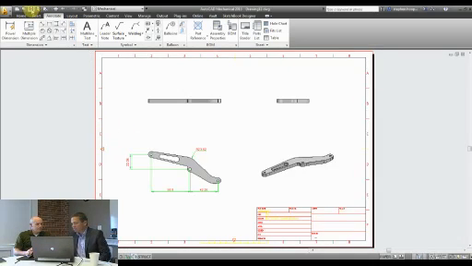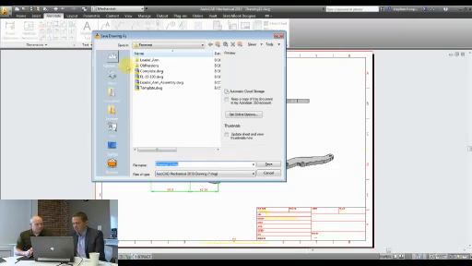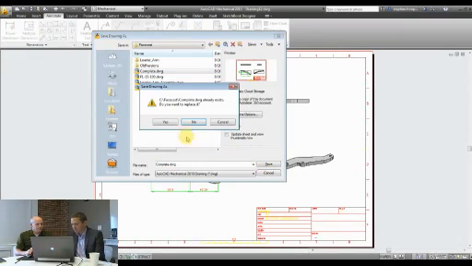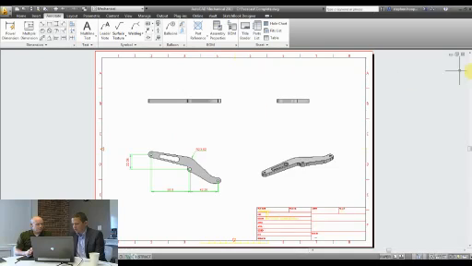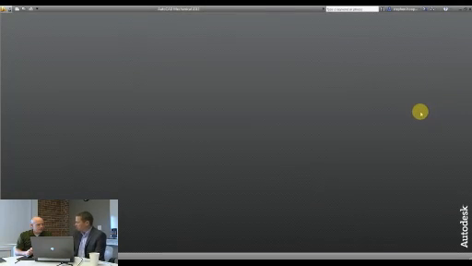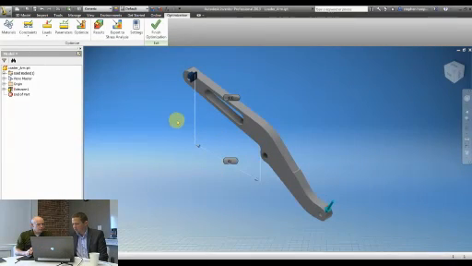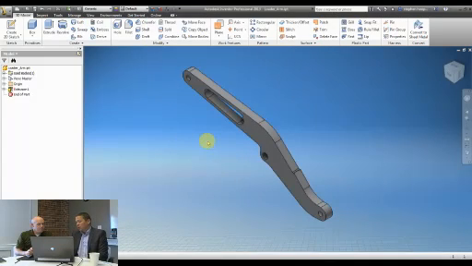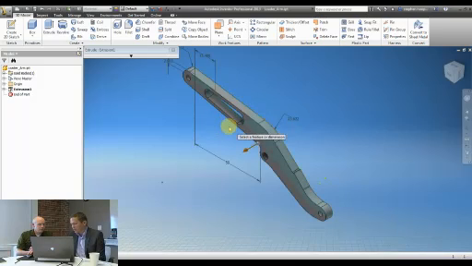So what I'm going to do here is simulate that example that you gave us. I'm going to save this as the complete drawing, and we'll replace the one that's already there. Then I'm going to close it down, because what you just described might take place over a couple of weeks. So let's go back to the Inventor model now. It could be two weeks later in the process. So let's just finish the optimization. We could decide later on that this component is going to take more loading. We could rerun that optimization, and it might turn out that we don't want to have the lightening hole that's currently in the model.